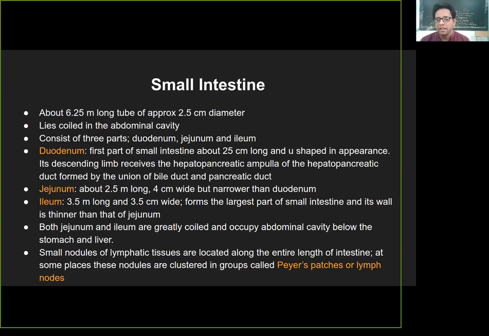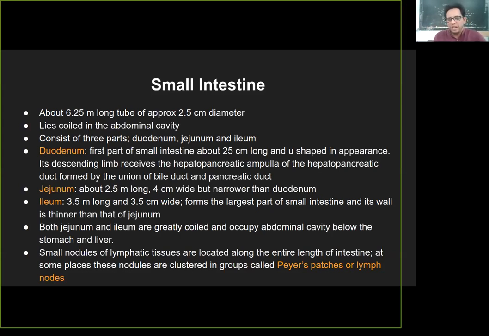For that, the jejunum provides more surface area and its wall is thicker. Now, the reason for the thicker wall is so that the action of these enzymes or secretions, which are secreted in the hepatopancreatic duct and from the gastric glands, will not affect the wall much, and that is why the walls are a little thicker.